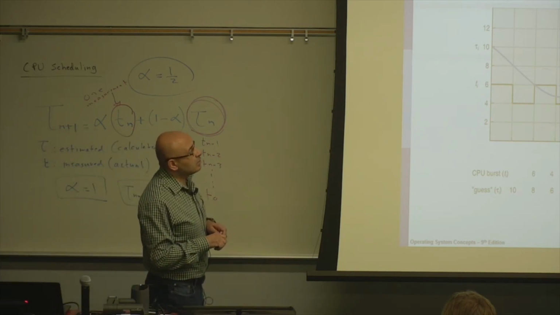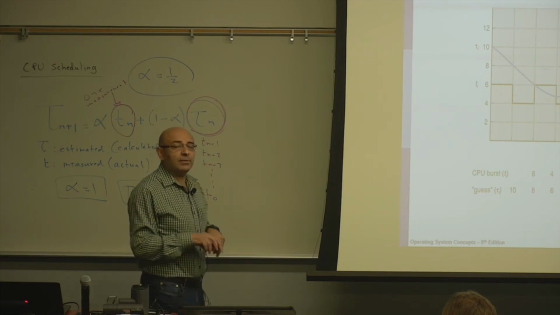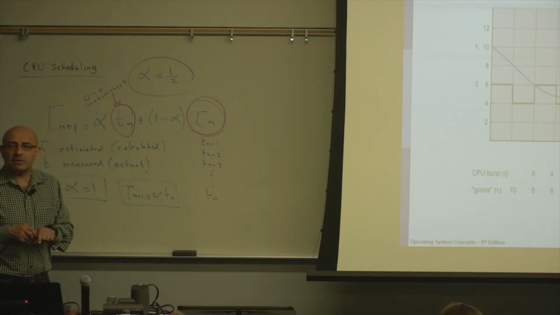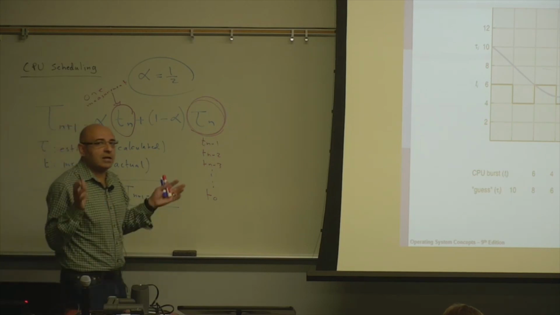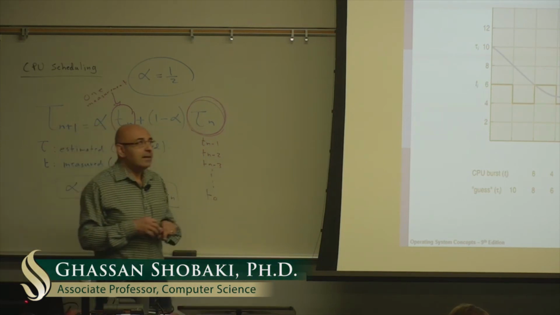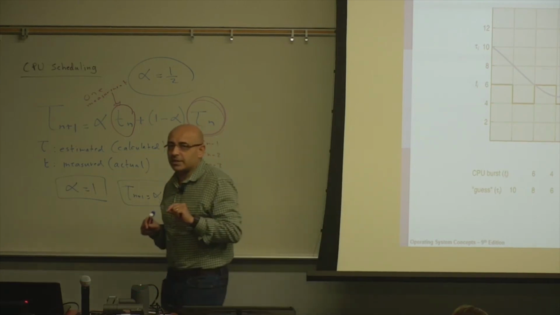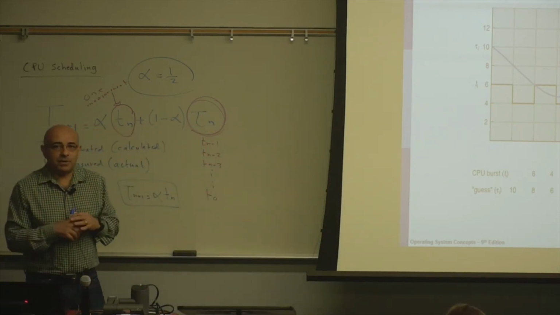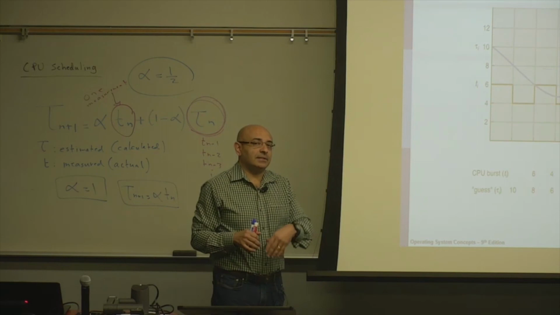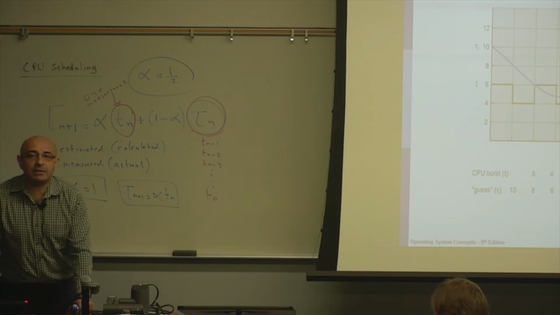Is it better to overestimate or underestimate the burst time? Well, that's a good question. We will see how the system will be using the CPU burst, but I don't think any has an advantage over the other. I think you just try to make the most precise estimate, because if you underestimate, then it will be good for that process. So you will be favoring that process, because as we will see later, shorter CPU bursts will get higher priority. So you'll be biased, in fact, to that process. But if you overestimate, then you will be giving that process lower priority.